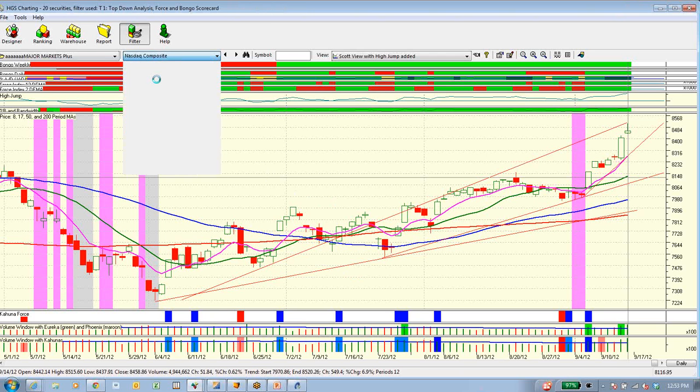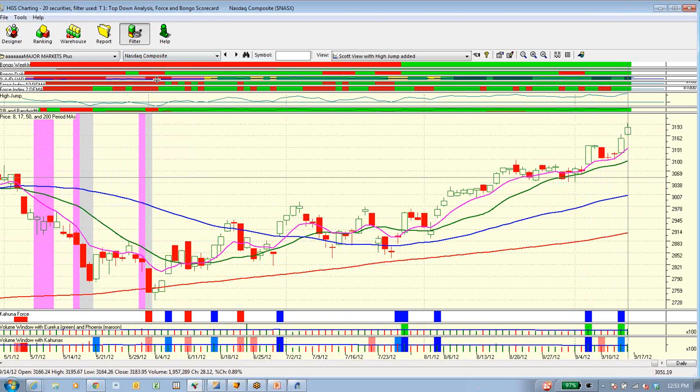Take a look at the NASDAQ. A little bit less worrisome candlestick pattern, and perhaps that goes along with the small stocks outperformance. And you can see here good volume if you compare it to the average volume. You had Kahunas, which is a momentum indicator on this index or whatever instrument is being looked at. Eureka, which is a follow-through day for the NYSE, showing exuberance and strength in the market. Everything is green, gapped up from the close to the open on Friday. Closed in the upper half of the trading range. Still very bullish. Let's look at weekly on the NASDAQ.